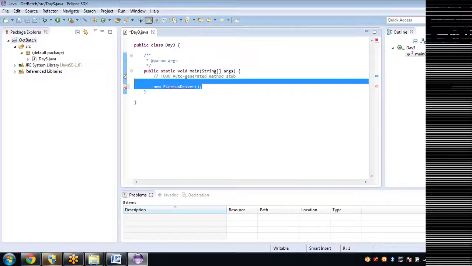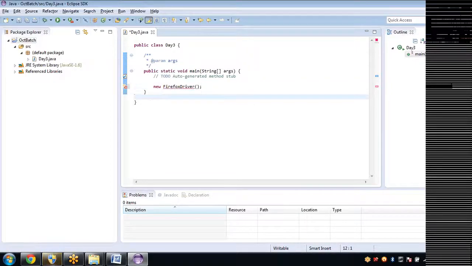How? This is the syntax for creating an object for the class. See, new, class name, and new. This is a memory allocation operator. So this operator says that some space was created for an object. New is the memory allocation operator in Java.